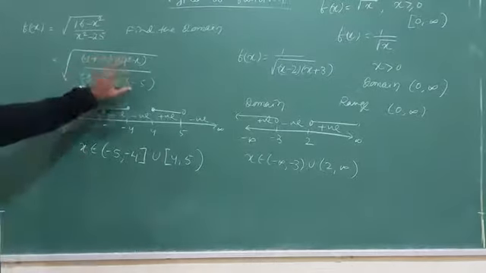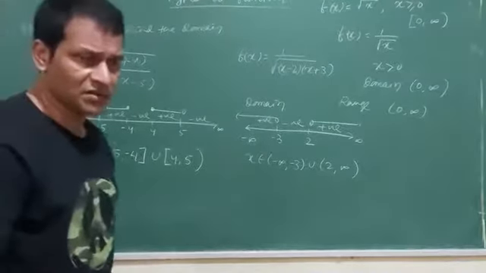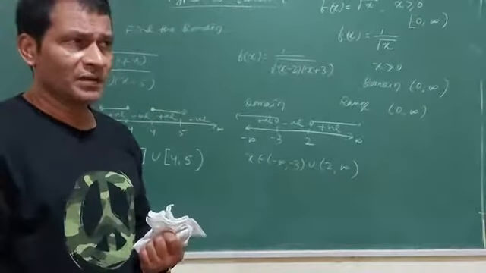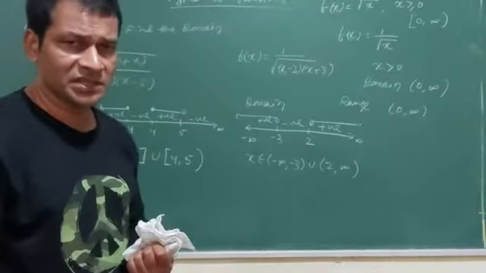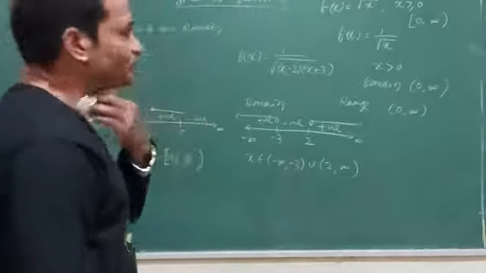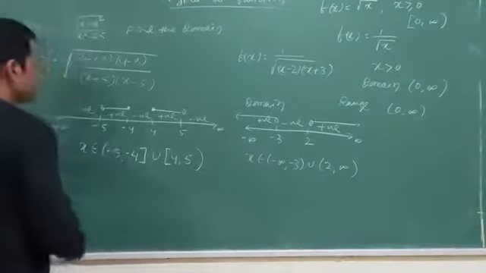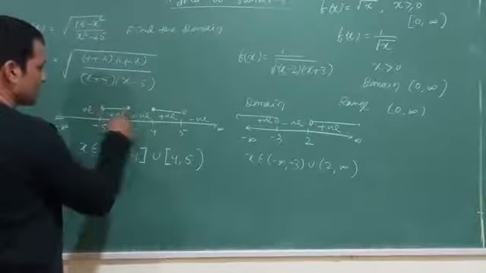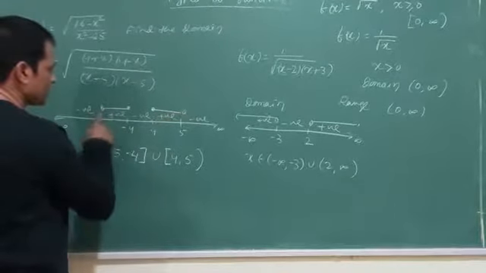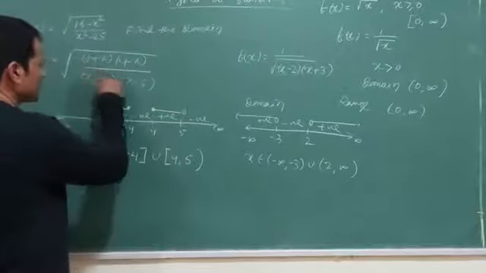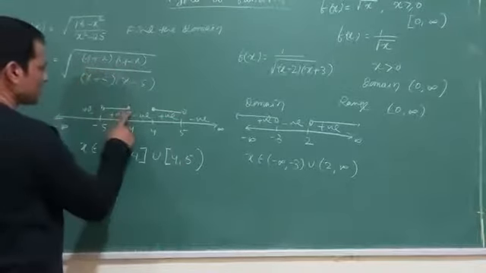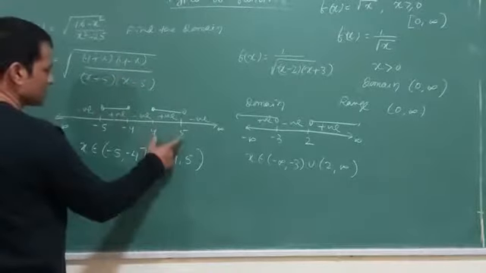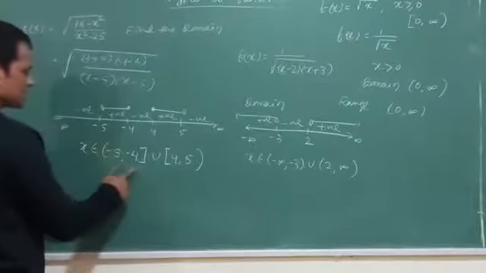What I have inside the square root, I cannot take negative values. I have to take the value greater than or equal to 0 if it is in the numerator for the domain, and if it is in the denominator, I have to consider greater than 0 only. So the denominator values are minus 5 and 5, and you see that I have given open intervals because it is only greater than 0. The numerator points, 4 and minus 4, I have given closed intervals. And I will go to the positive because I need this value to be positive. So positive, positive. This is my answer. You see the brackets also.